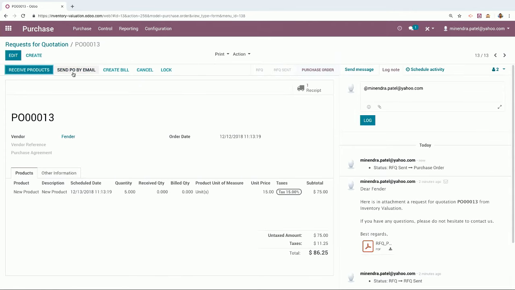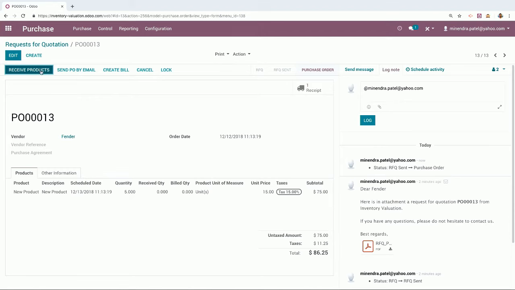order. Like I said, I could have skipped this stuff entirely and just said I want to just confirm the order and then send the PO, which is the same thing. It would have just been confirmed order, send by mail, and then it would have sent a PO as opposed to an RFQ. However, now that we've confirmed the order, Odoo, this happened in Odoo 11 actually, but also in